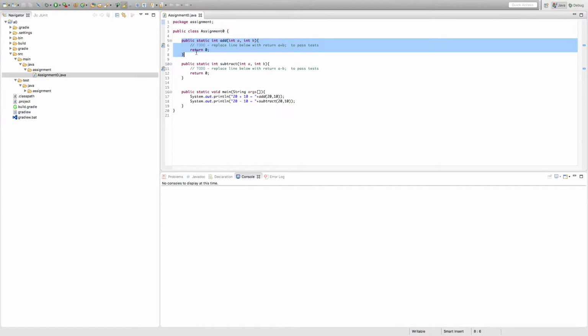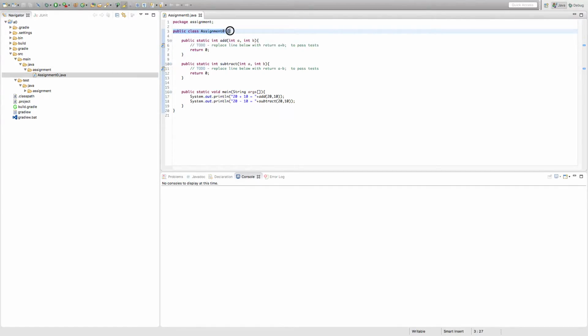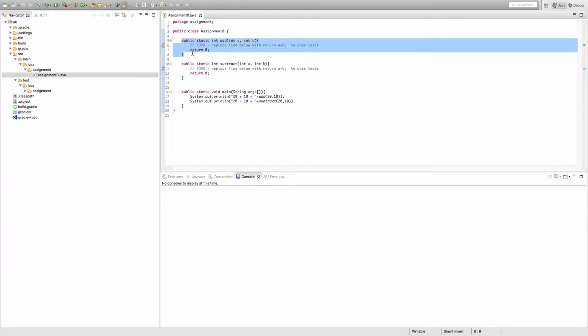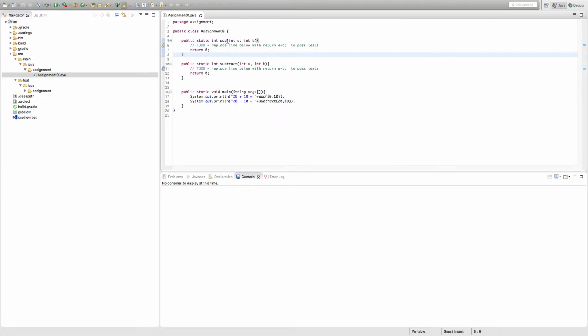Most of the time I'll give you this. We have the class and I'm giving you functions that you have to modify. In this case, we have an add function, takes two ints, a and b, and returns an int. And I am saying return 0, which is dumb. It should return a plus b, as this thing is telling you to do. You don't need to learn how to program, just text manipulation for now. Return a plus b,